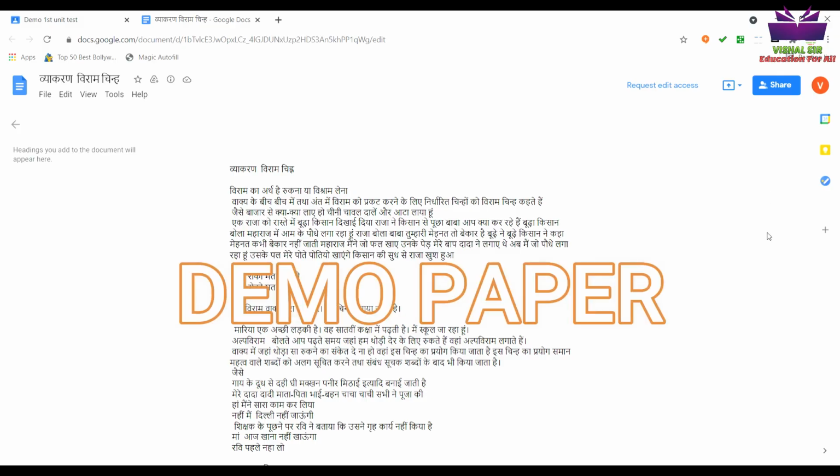Once you finish writing the answers, you have to click a photo of that answer sheet and you have to transfer those photos to your laptop or computer. There are different ways that you can transfer those photos to your laptop or computer.